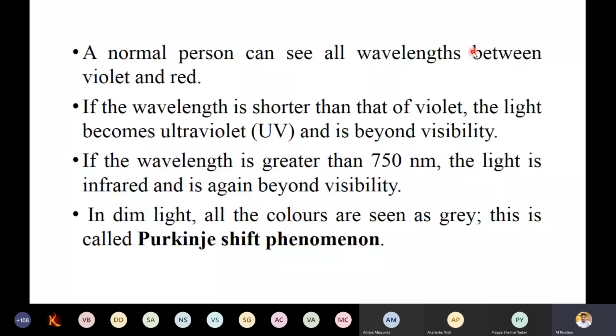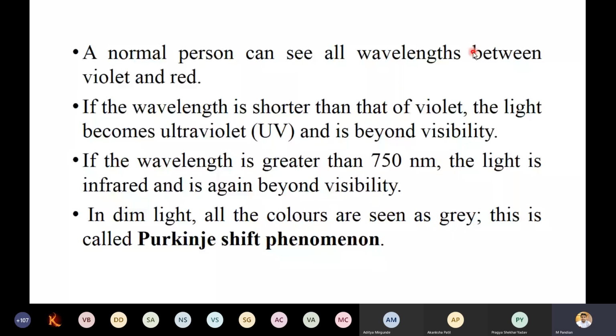Sir, how to remember this Purkinje shift? Simple. You are going in a street that is very dark, in the night time. There is a street light there. Wherever the street light is, the particular tree or particular flower is glowing. That color you are able to perceive. If there is no light source properly, the colors of the flower, everything, is gray only.